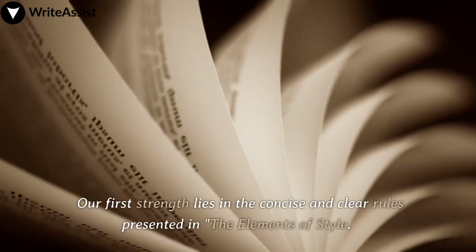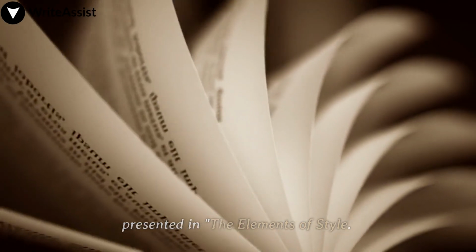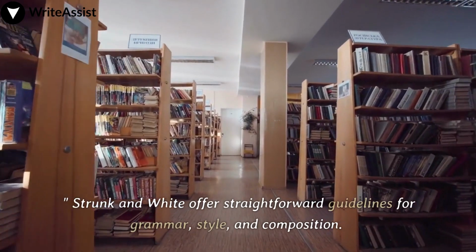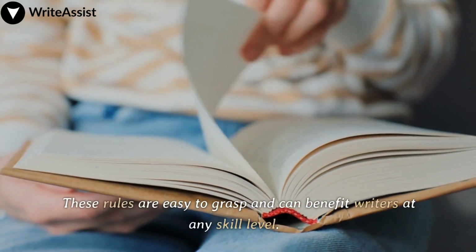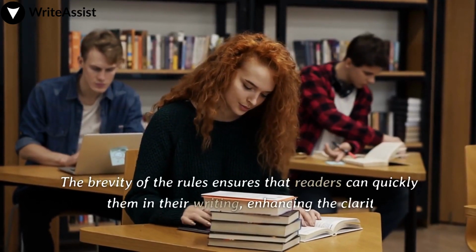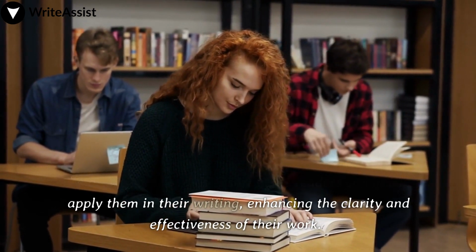Our first strength lies in the concise and clear rules presented in The Elements of Style. Strunk and White offer straightforward guidelines for grammar, style, and composition. These rules are easy to grasp and can benefit writers at any skill level. The brevity of the rules ensures that readers can quickly apply them in their writing, enhancing the clarity and effectiveness